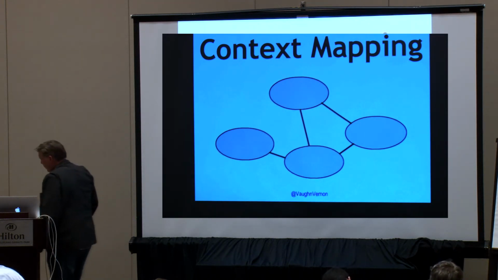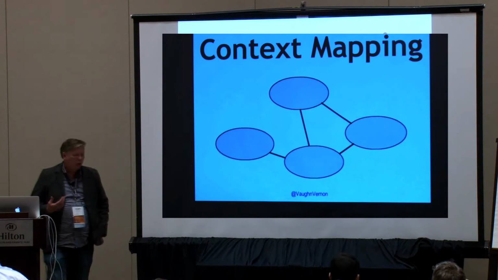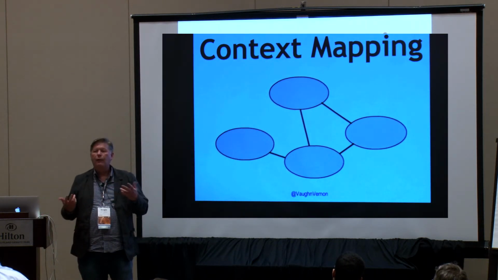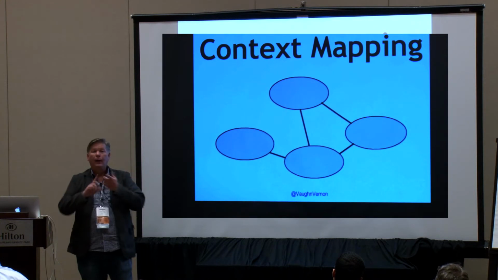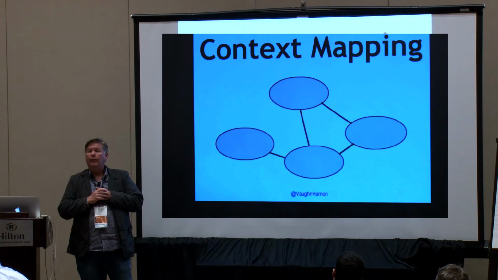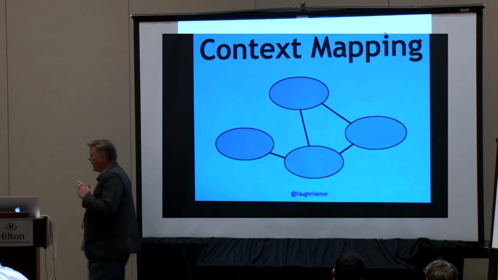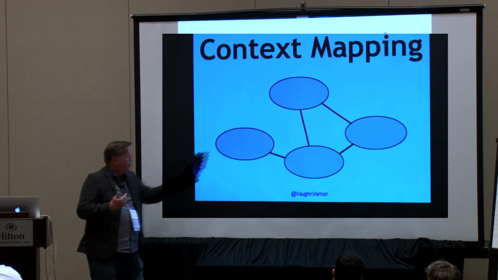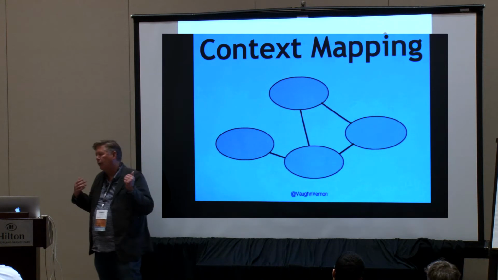Okay, so we need context mapping, and each one of these lines represents a different kind of relationship that could occur between the teams and the boundaries themselves, the software that's in between the line. Okay, so you have to think about that, and recognizing the relationship between the two boundaries is extremely important,